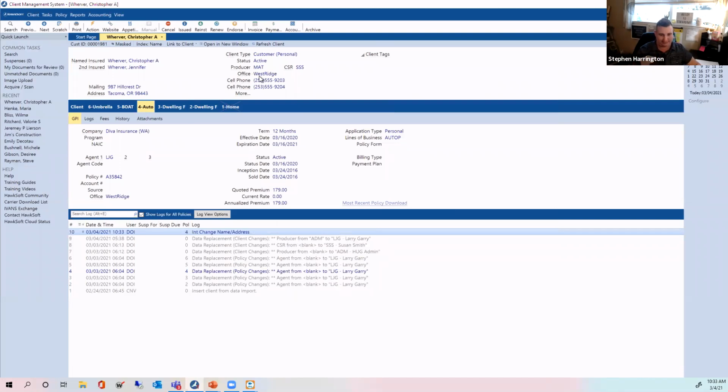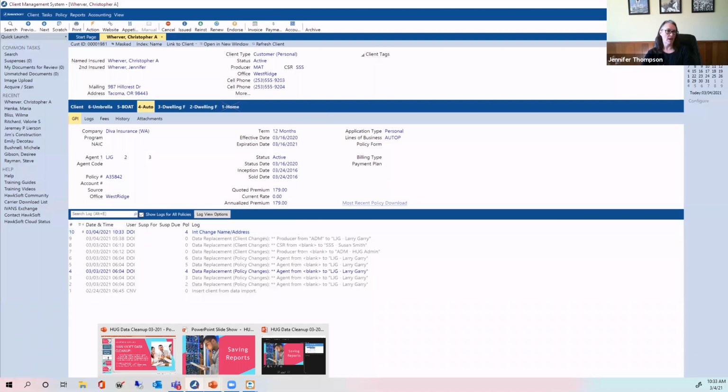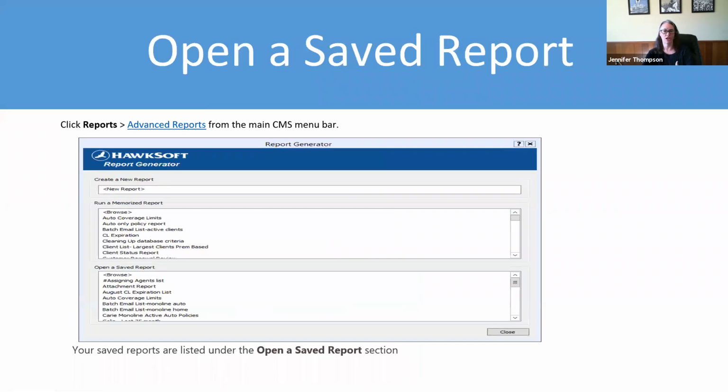the freshen indexes happen. So if you're doing it in a batch, what's really fun is you can then click on each client and click refresh, and it'll show the correct producer, but it still will not show correctly on your reports until you freshen your indexes. And probably just a good rule of thumb throughout this process, don't you think, Stephen, is if you're correcting data, before you go to rerun your reports, just automatically rerun your freshen indexes, because that way you can make sure, between day in, day out, as you're changing things, that you're getting the most up-to-date information on the report